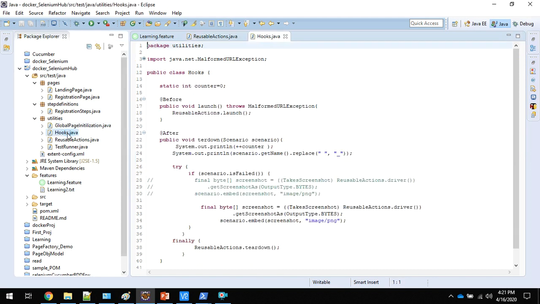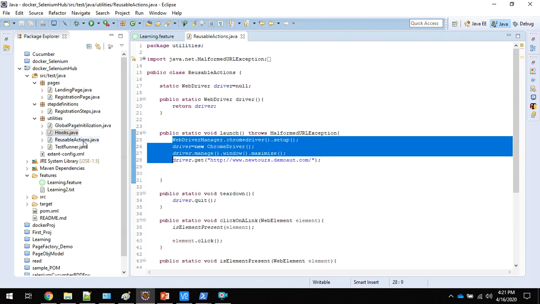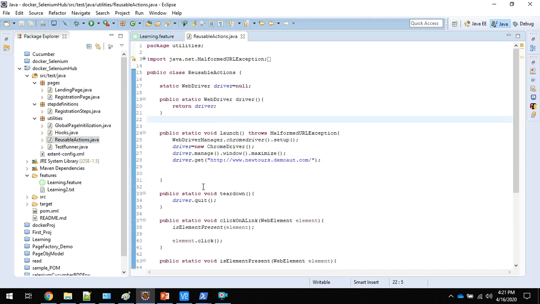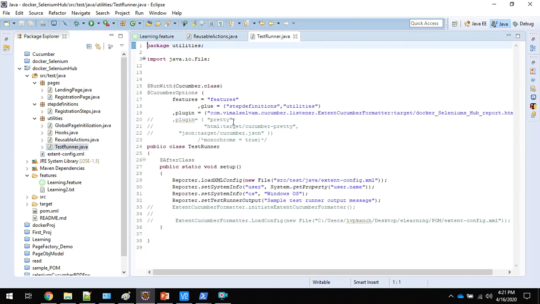And I have the hooks class here where I will be handling the before and after. Hooks before will take care of launching the browser, and after will take care of closing the browser, taking a screenshot if it failed. Reusable actions has the launch of the driver and the close of the browser. And the test runner is something which will have the glue code, right? And inside this test runner, I'm using the @AfterClass JUnit annotation here. And inside this I'm using the extent report